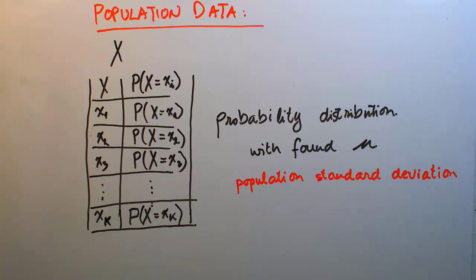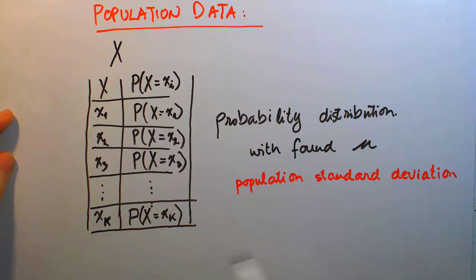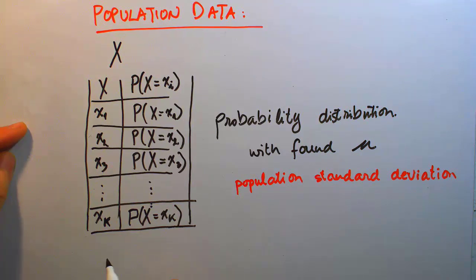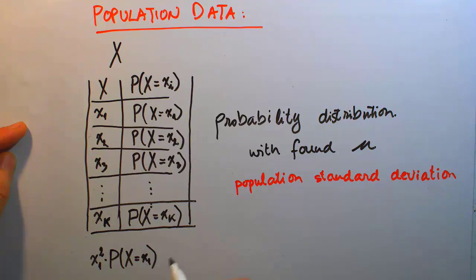And the formula we discovered here is that it's going to be x1 squared multiplied with the probability when variable X equals x1, plus x2 squared times probability when random variable equals x2,